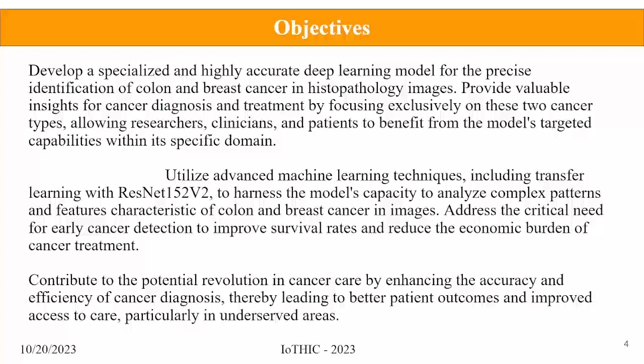To make our model even more amazing, we are pulling out the big guns. We are using advanced machine learning techniques, including a trick called transfer learning with the ResNet 152 model. This trick allows our model to find complex patterns in images, patterns that show colon and breast cancer. We are on a mission to catch cancer early, increasing survival rates and saving money